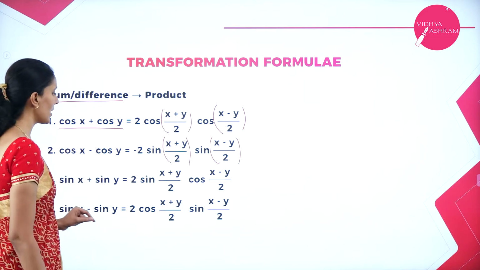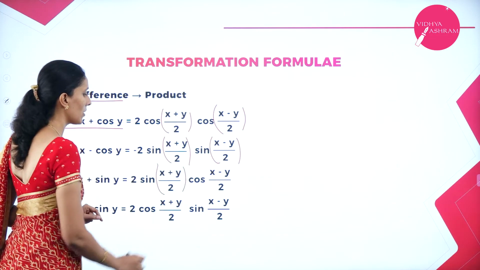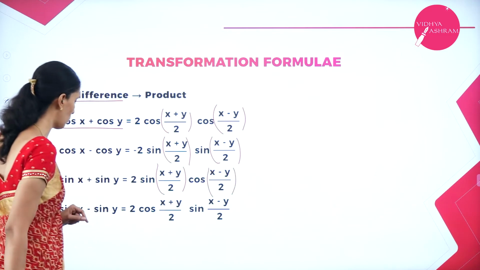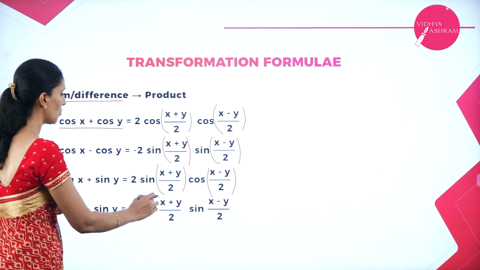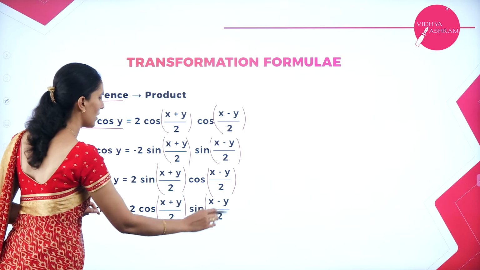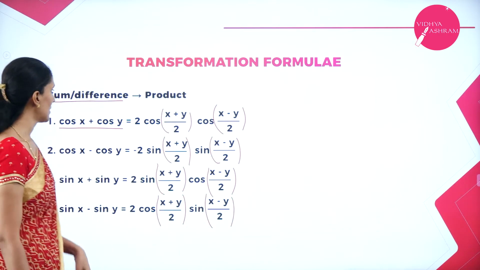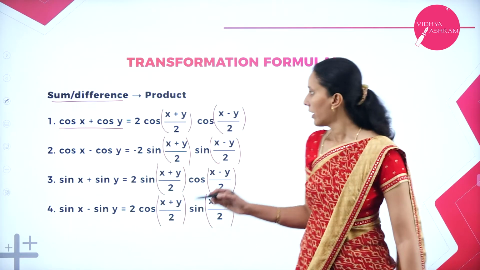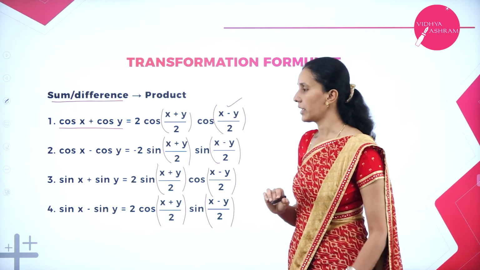Sin x plus sin y is 2 sin (x plus y) by 2 cos (x minus y) by 2. Sin x minus sin y is 2 cos (x plus y) by 2 sin (x minus y) by 2. How do we get this? Let me prove the first one here, that is cos x